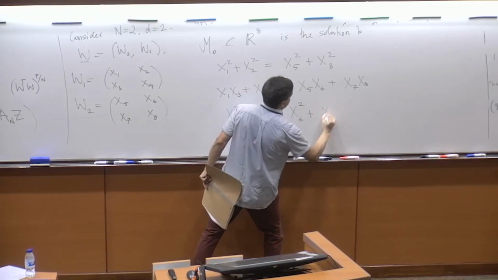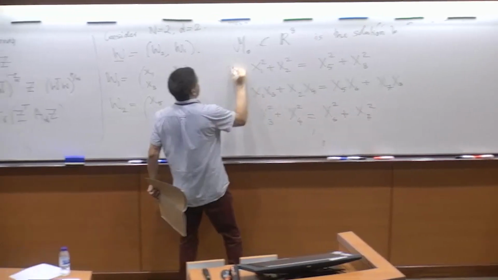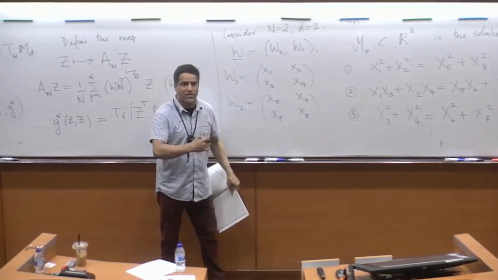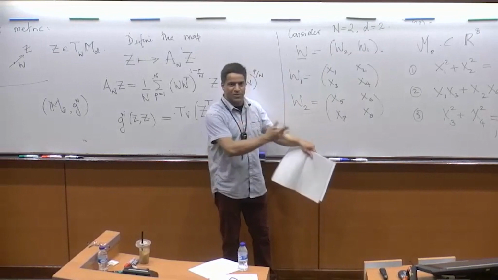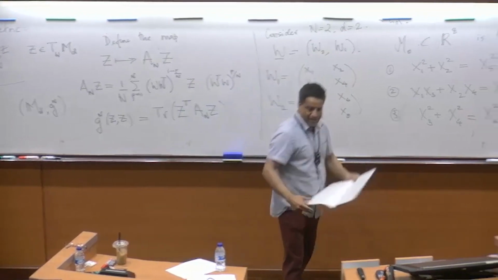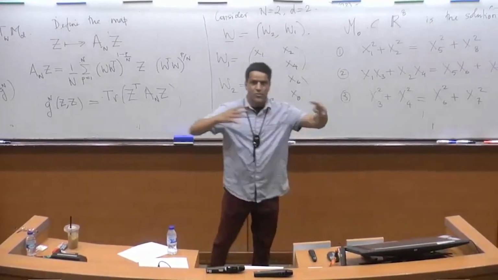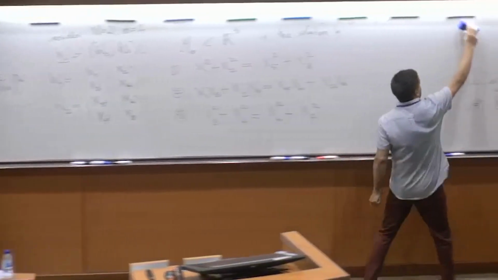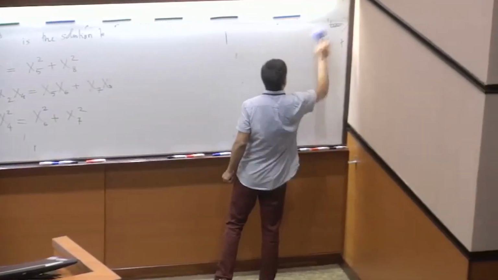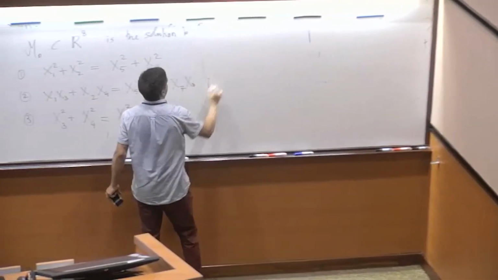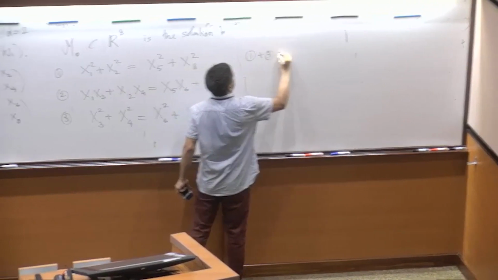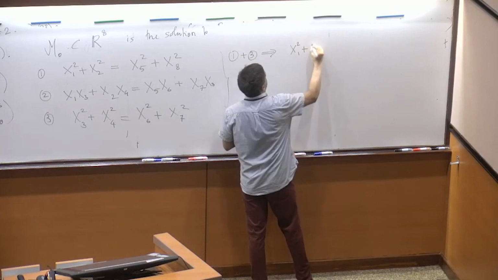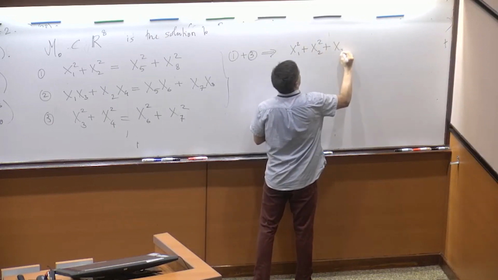X6 squared, X7 squared. Okay, so the equation W2 transpose W2, there was a matrix equation I've just written out in coordinates. And so what we've got is a solution set for something sitting in R8. And let me now add equation 1 plus equation 3. What you get is the collection of equations x1 squared, x2 squared,